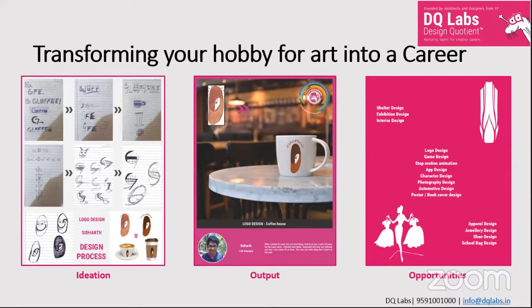So, for example, if you see what Siddharth has done here, this is an example of an ideation process where Siddharth has been given a task to create a logo, and how his idea has progressed from a simple start, which goes all along through various ideation processes to reach this final output. And when we converted this output into something digital, it looks beautiful and it looks professional, right? And Siddharth is just in class 11, or he used to be in class 11 when he went through this course with us.